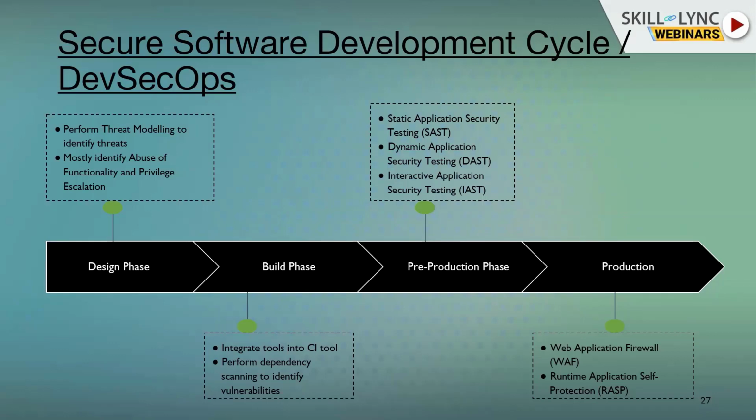So what happens is, when some of these are found in production, they have to run through the same cycle again. But when it is known at the design level itself, they start coding with secure practices. And once they have done the coding, they integrate and do the deployment using something called a CI tool, which is continuous integration. So they integrate their code into some of the CI tools in the market.